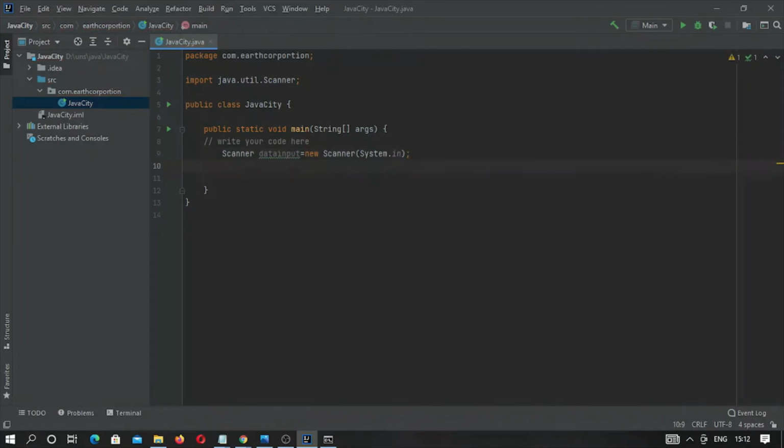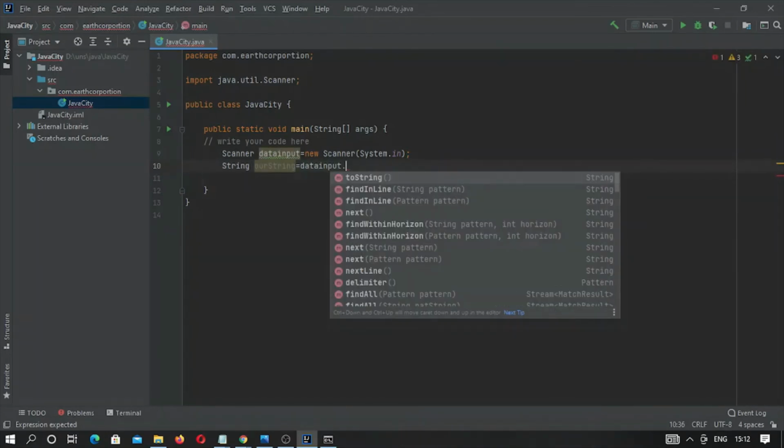What do we have to write next? We have to take a string variable. The variable name will be ourString, and what data will it take? From the object of this one, dataInput dot, and it prompts the available methods of this object.